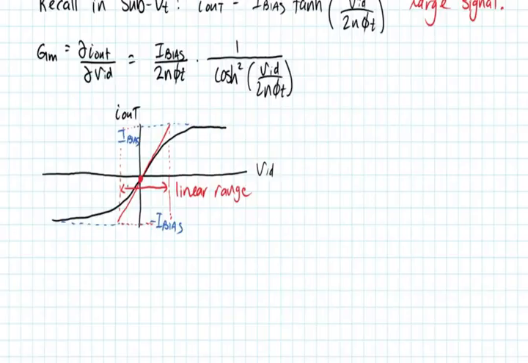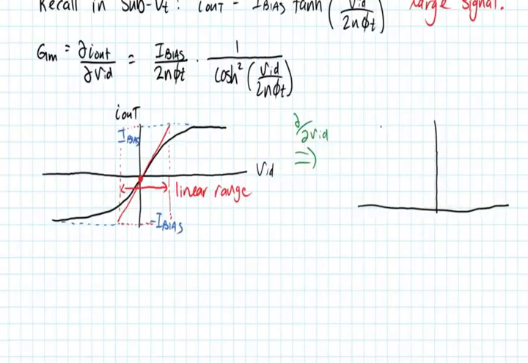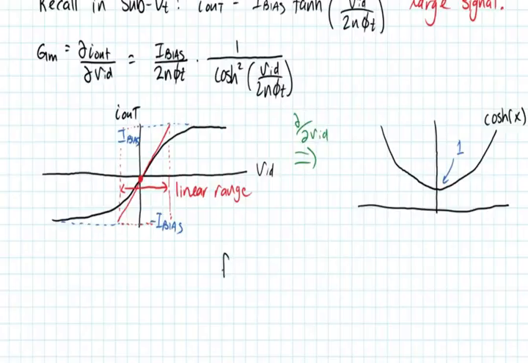So this was the actual tanh function. What we did to get the GM is we took the derivative with respect to VID, and what that got us was this 1 over cosh squared function. Now it turns out the 1 over cosh squared function looks something like this. All right, this is what the cosh of x function looks like, and it turns out that for x equals 0, cosh of x is equal to 1. So 1 over 1 squared is just 1, and so what we can say is for small